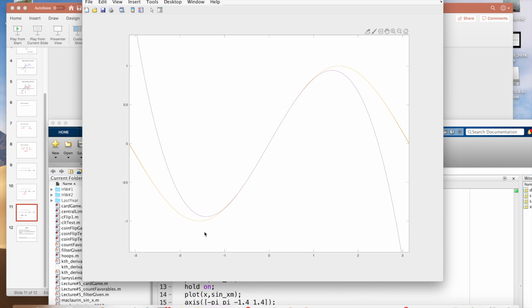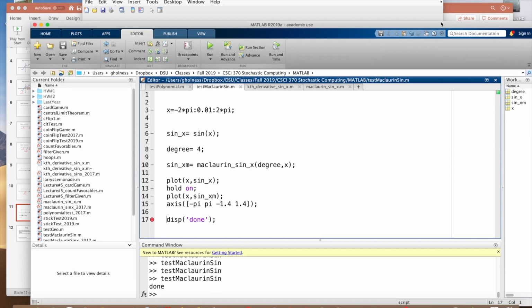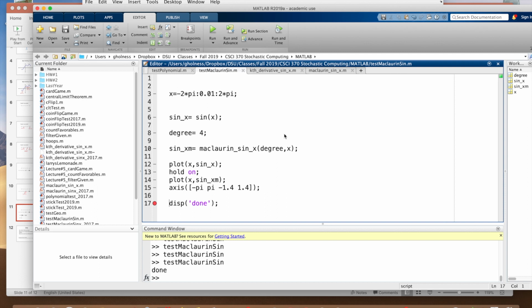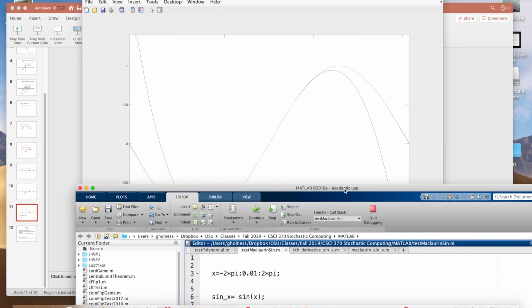It gets it right where pi is, in the middle, the middle pi radians worth of sine output. But for the first pi over 2 and the last pi over 2, it's off. And so what these Maclaurin and Taylor series allow you to do is to trade off accuracy against compute power, because the more orders the degree has, the more compute power you need. But certainly, we only needed 9 in order to be spot on with this approximation of sine x.